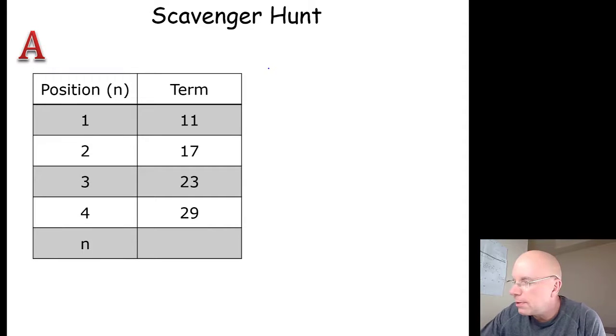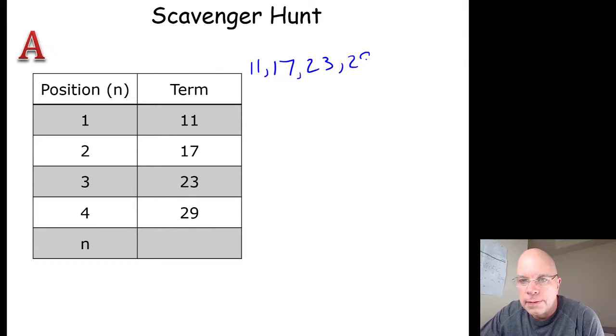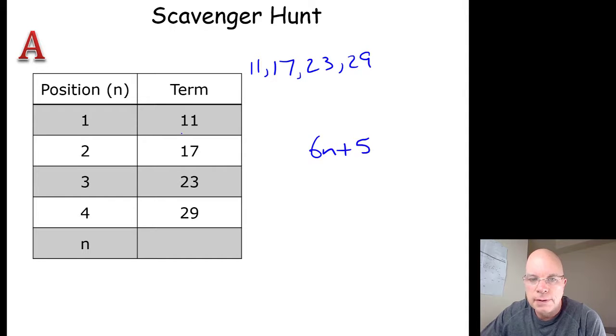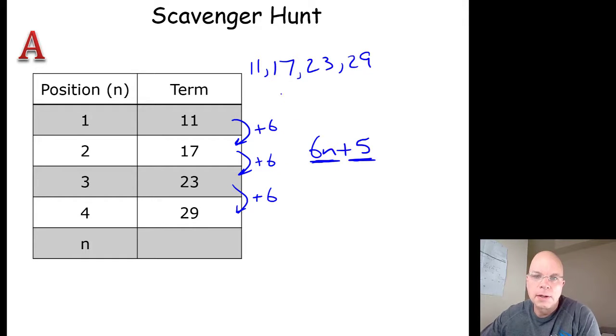Okay, A we did because it was on the note sheet that we looked at together, and we determined it was 6n plus 5. If you have it in a vertical table like this and you realize it's adding 6 each time, that gives you the variable term, and then you have to figure out the constant term by testing like we